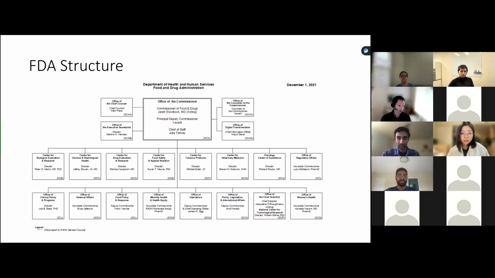So here's a giant chart of the FDA structure. Luckily, we're just going to be concerned with this over here, the Center for Devices and Radiological Health, or CDRH. That's where medical devices get regulated. There used to be the Division of Digital Health that lived within there. It's now become its own center of excellence, and it's headed up by Vakul Patel, who I mentioned before,